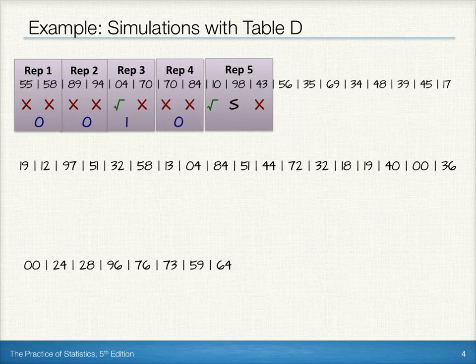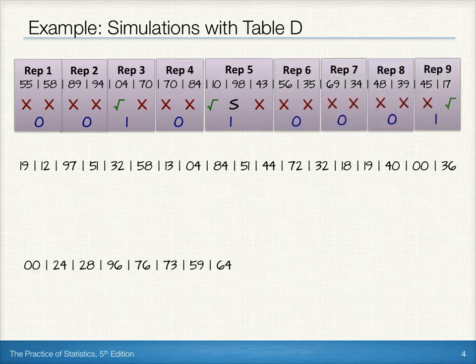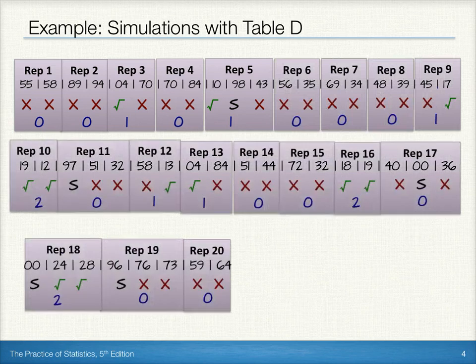In repetition 5, we see we had to look at 3 numbers because the number 98 fell outside of our range from 01 to 95. So in this case, we can see we had one student from the AP Statistics class, the student with the 10, and one student outside the range, 43, again having one student with a golden ticket from the AP Statistics class. If we continue this procedure on for repetitions 6 through 9 and continue down the line until we have